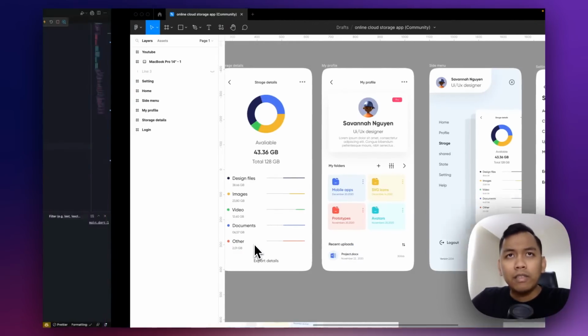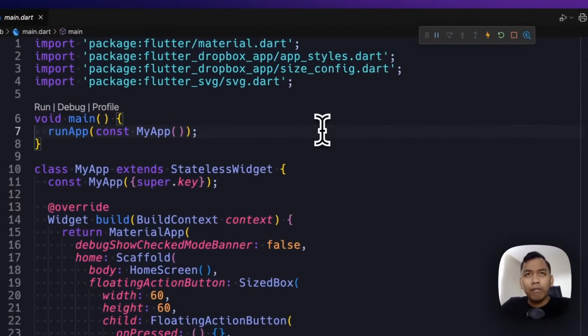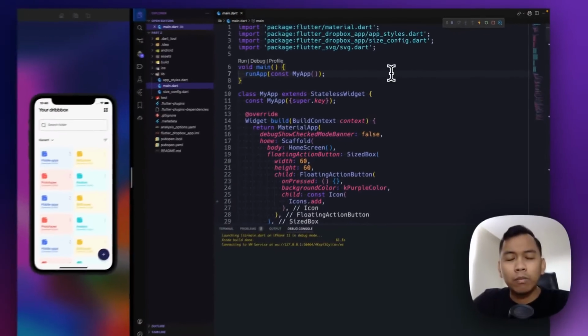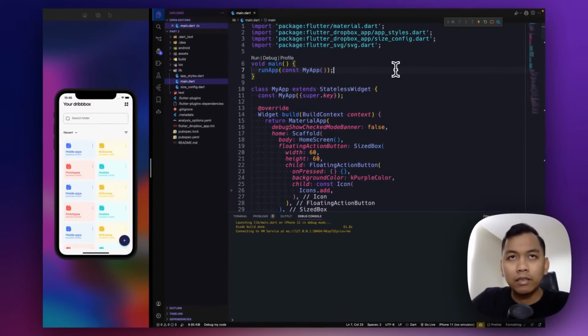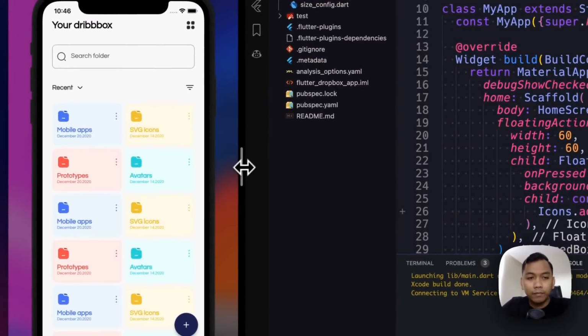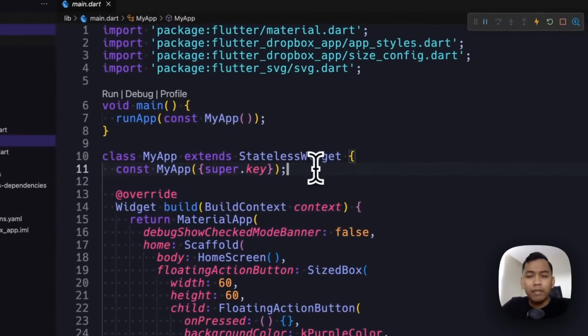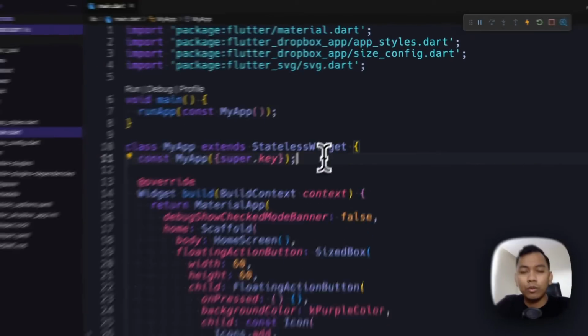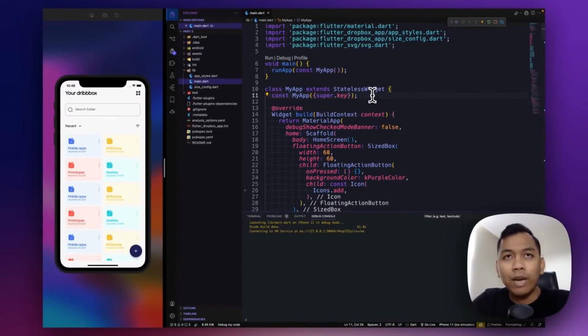Alright, first thing first, let's open our previous project, which is part 1. You can just continue the previous project. Once you have run the previous project, you will see this home screen. First thing first, we have to import the new assets into part 2.